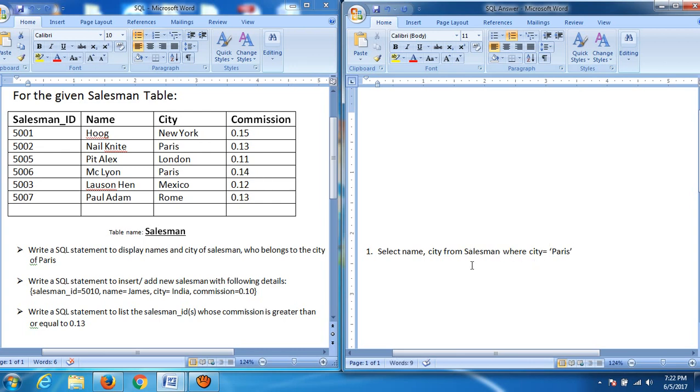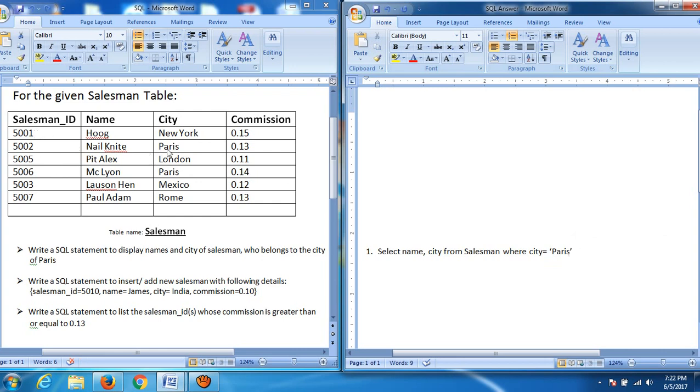Okay, so this will be the command which we will write to fetch the data from this salesman table. Select name, city from salesman table where the condition is city must be Paris. So you will get the output.